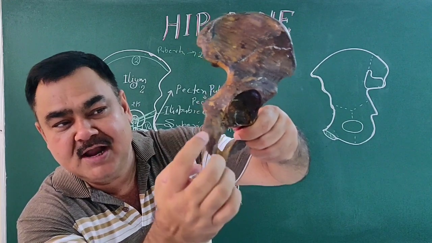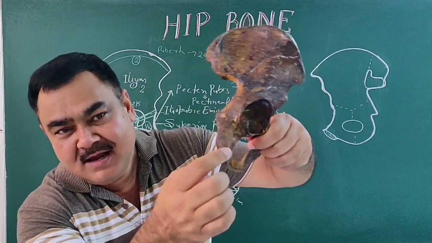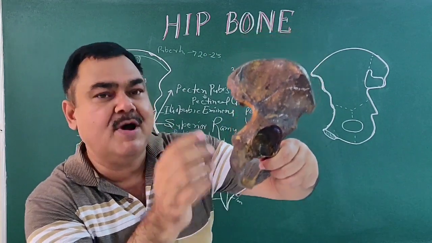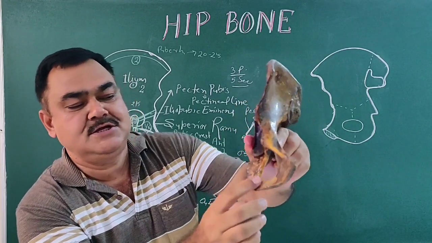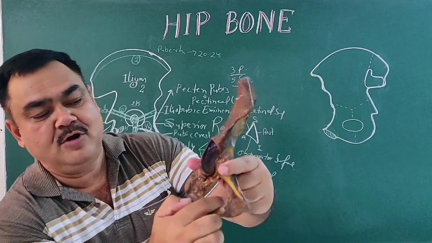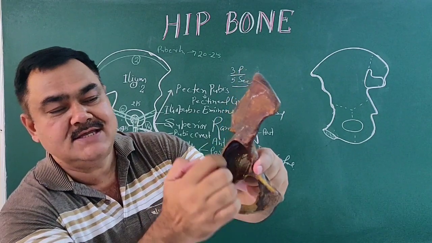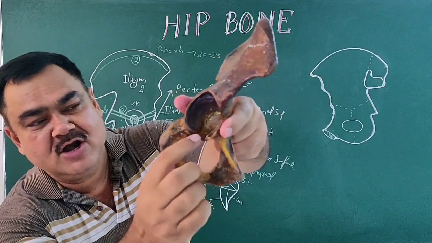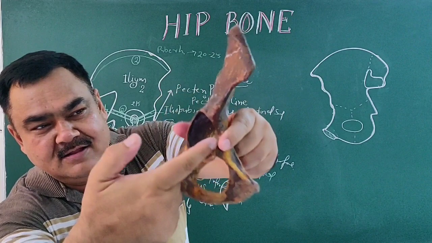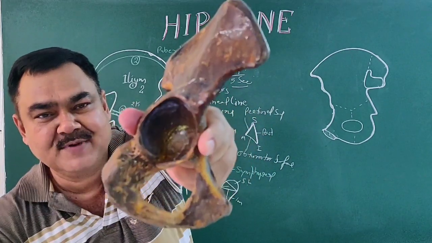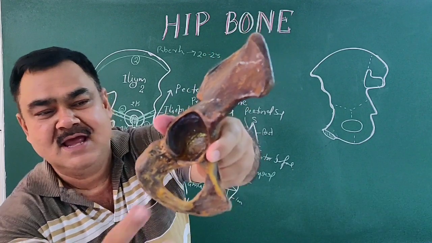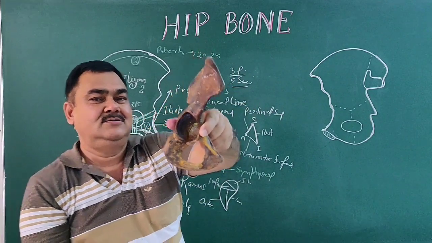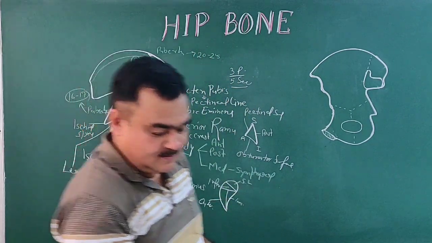This tuberosity is divided by a horizontal line into upper and lower parts, and an oblique line into superior lateral and inferior medial parts, and also a vertical line into outer and inner parts. So this is ischiopubic ramus. Here is obturator foramen, and this is acetabulum. And you can see here is an acetabular notch, and here is a depression. This is the articular surface, a horseshoe-shaped articular surface, and inferiorly there is a depression. This is acetabular fossa. So this is all about the hip bone. Thank you.